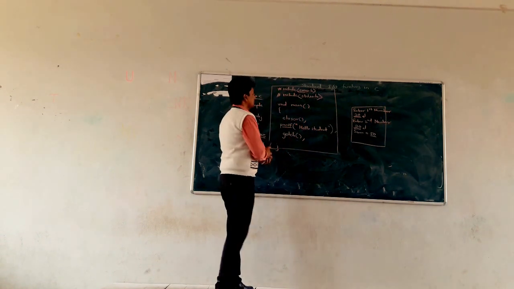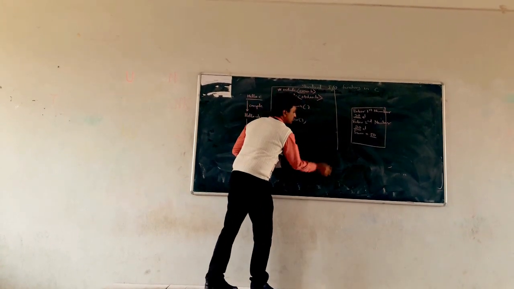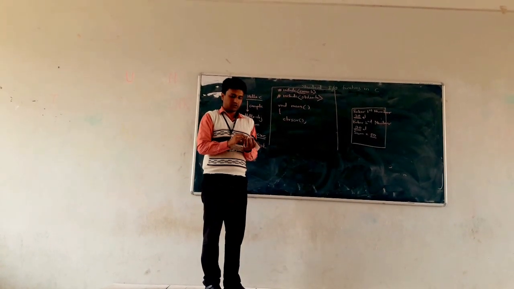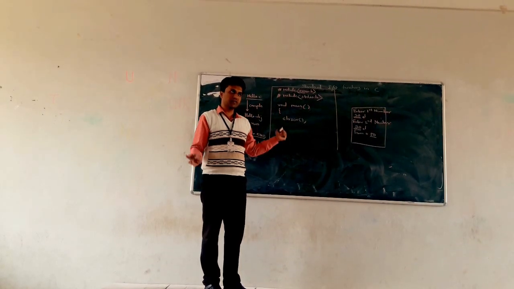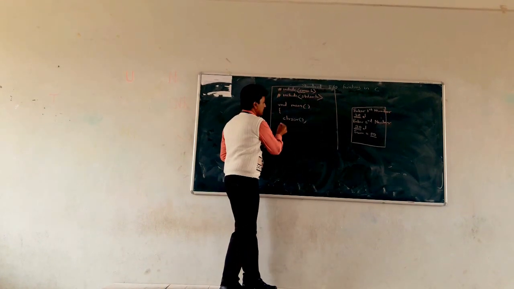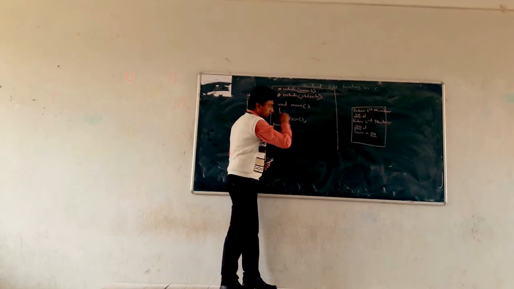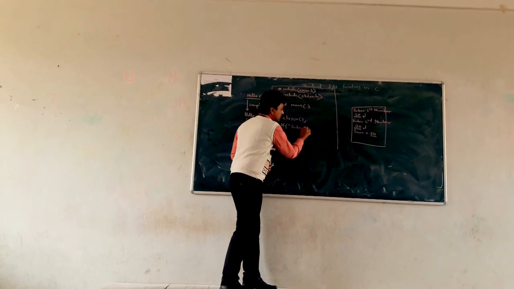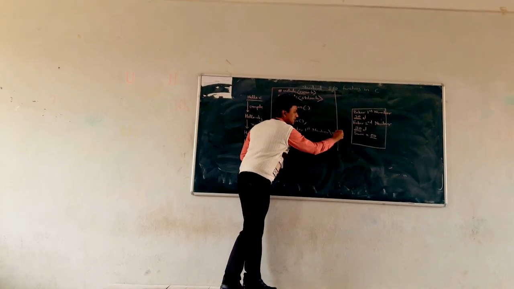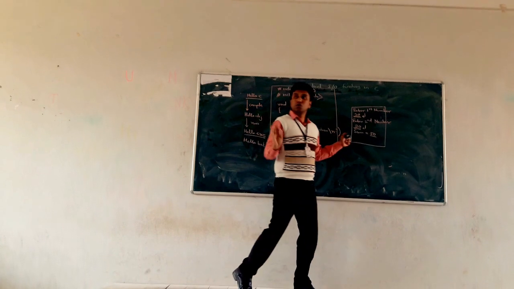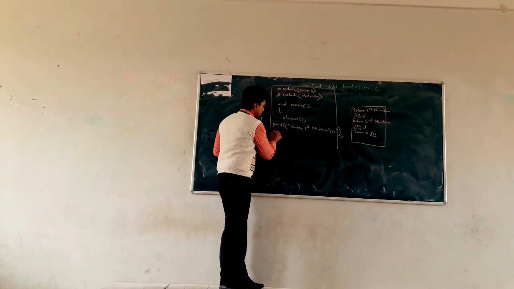Okay, so we can change our program. What is the change in the program? First, clear the screen, whatever may be on the console. First, we want to clear that data. Next, printf. The first statement is enter first number, followed by \n. \n is for the cursor to go to the next line. After that, scanf.